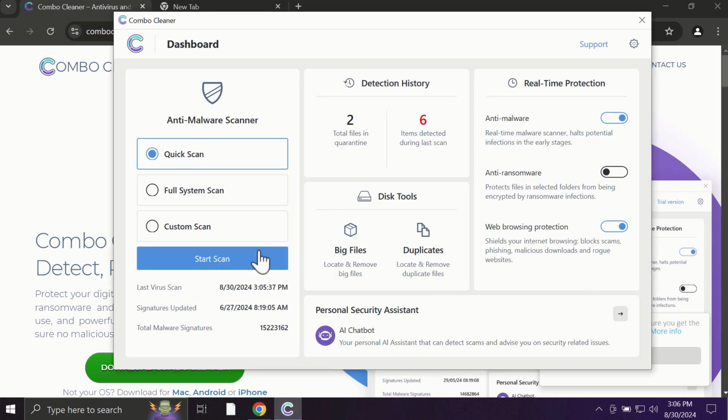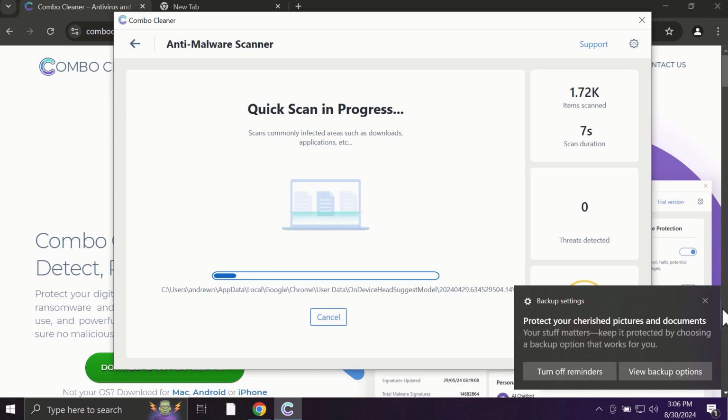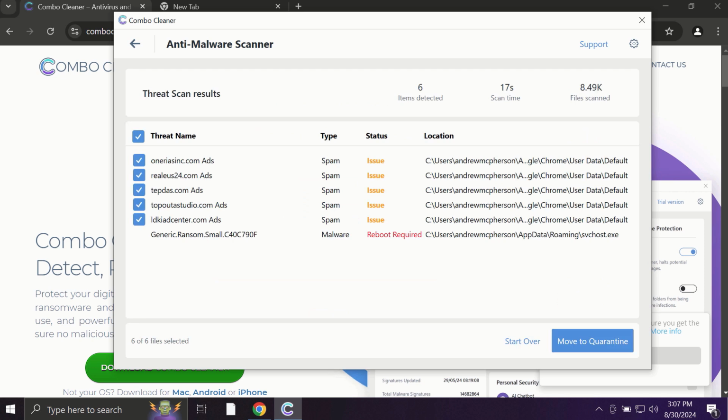So after you click on the Start Scan button, the antivirus database will be updated first of all, and then the scanning will begin. The scanning duration depends on various factors. It may depend on how many hard drives are available. It may depend on the system parameters of your computer. Finally, at the end of the scanning, you will see the full summary of all the infections which were found